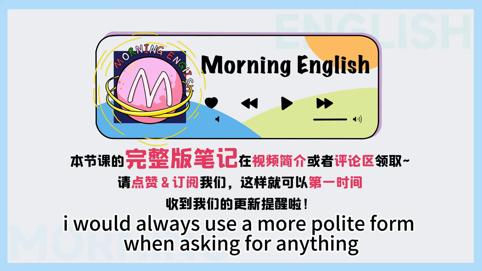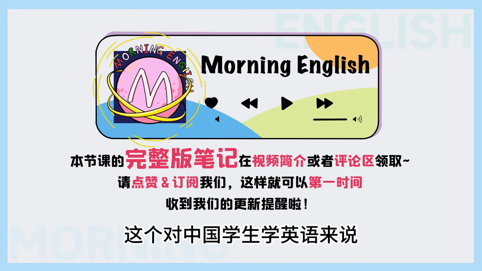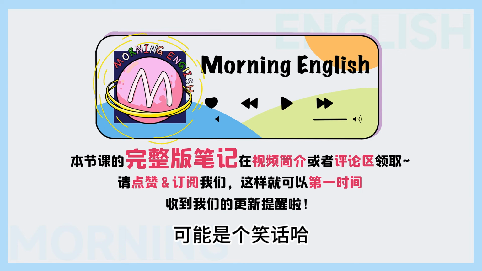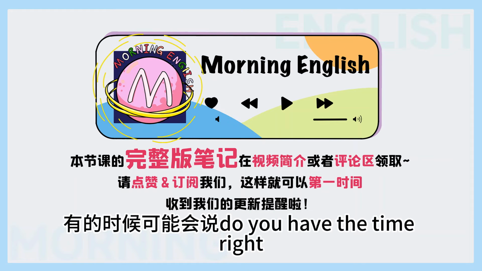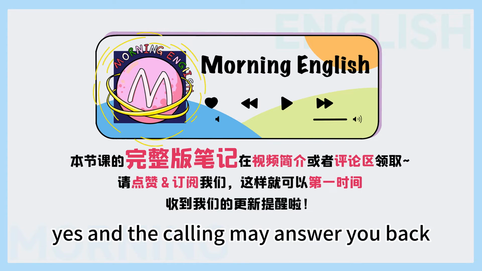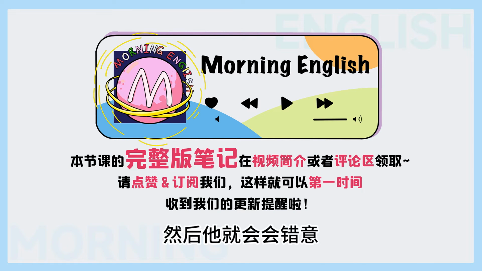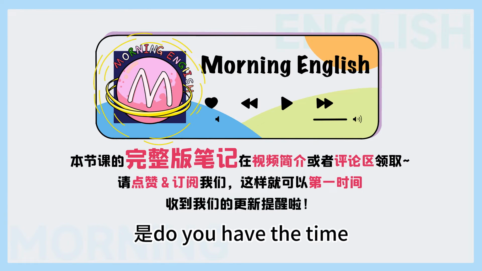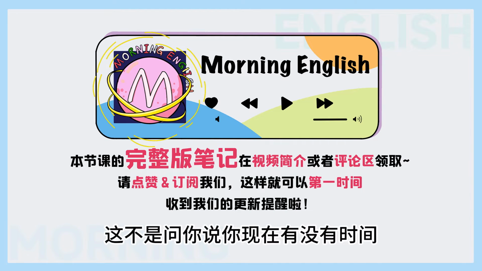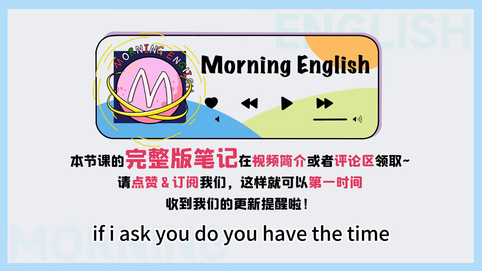With a stranger, I would always use a more polite form when asking for anything. Right. 但是听起来，这个对中国学生学英语来说可能是个笑话哈。如果你想问对方是不是有时间，如果我们直译的话，有的时候可能会说 Do you have the time, right? Yes. And the colleague may answer you back. Well, yes, it's 8 o'clock. 然后他就会会错意，因为我们问别人你是不是知道现在是几点钟，是 Do you have the time? 一定要注意了，这不是问你说你现在有没有时间。